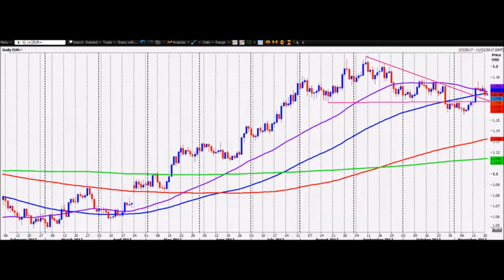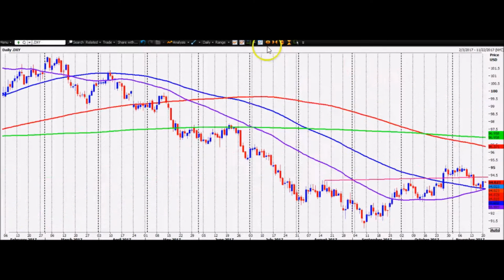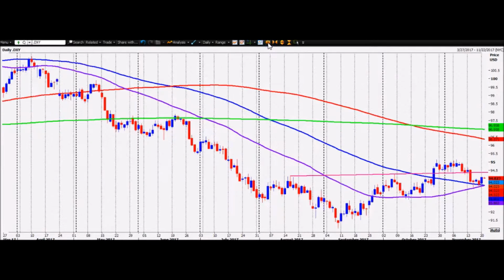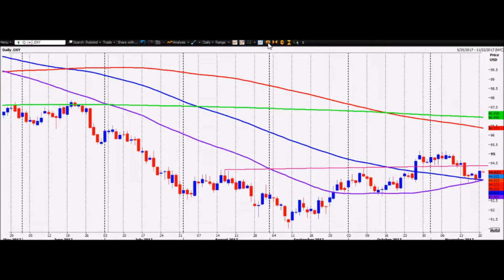Also, the dollar index looks a bit like a mirror image of the pattern we just saw on the Euro US dollar. And again, this pattern failed. Now, this is a little bit more interesting than the Euro US dollar, because although this pattern failed, I do believe that a lot of it was to do with the fact that the retail market is out there all buying into the dollar index, and it's just too easy for the big guys to push it down, squeeze them all out, and then let the market take off.